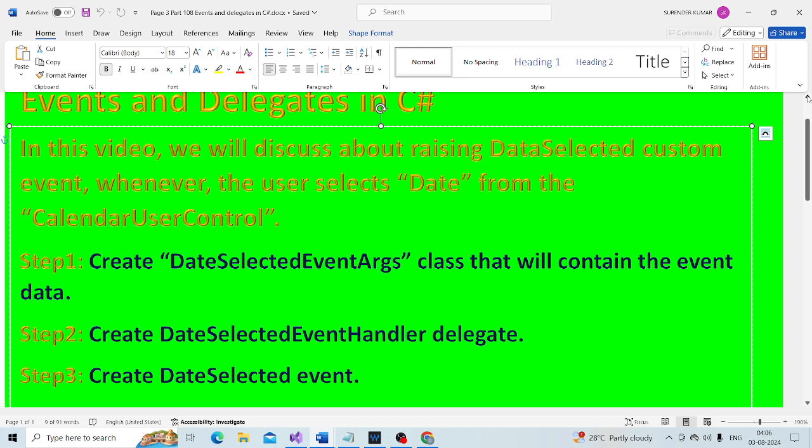Whenever the user selects a date from the calendar, that is when we want to raise the date selected event. The calendar user control, as it stands currently, has an event already called calendar visibility changed event, and that event is raised whenever the visibility of the calendar changes.